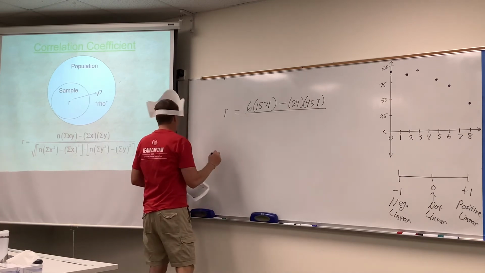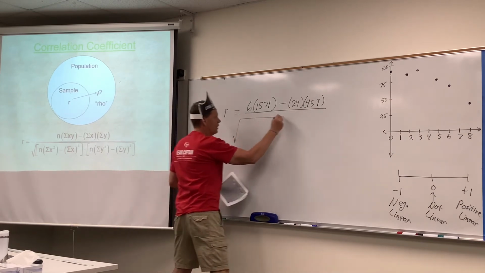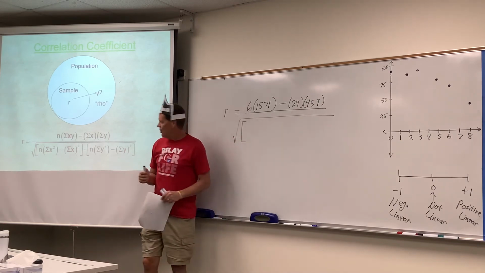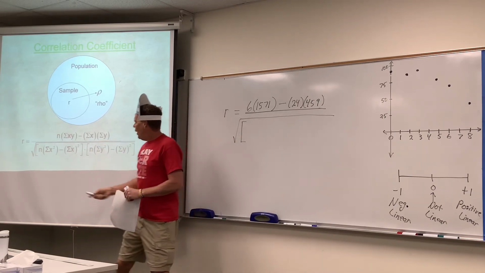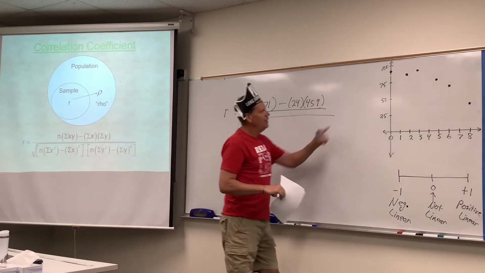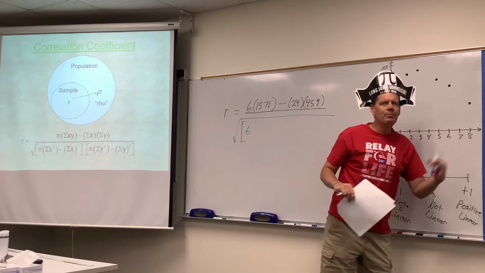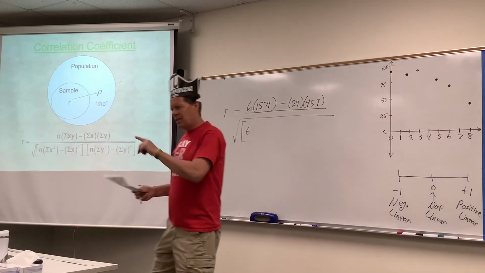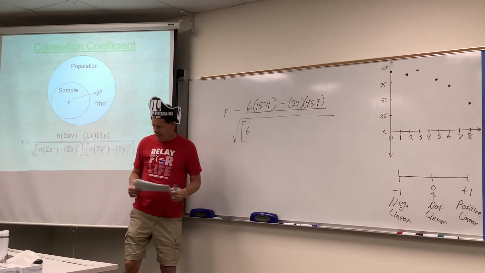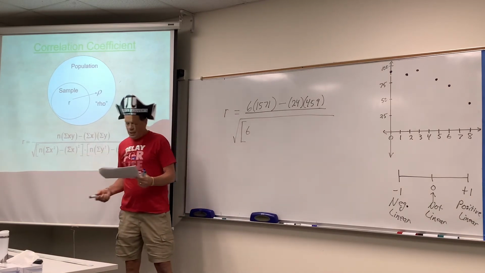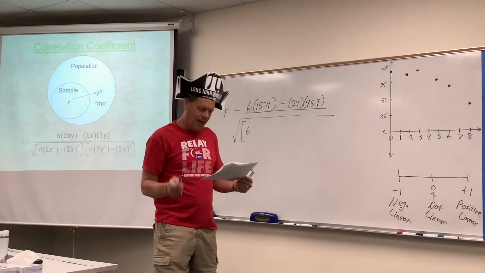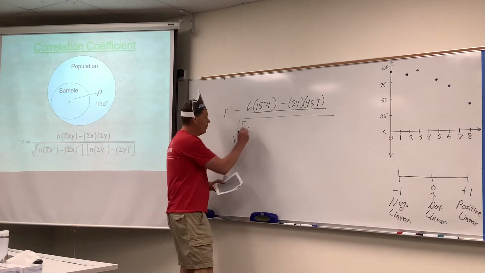And then there's a big old honkin' square root on the bottom here. And under that radical, there's 2 brackets, which I hope you're able to see here. All right, in the first bracket, we have n again, which is the fact we had 6. Look at how many points you had, right? That's how many observations there were. There were 6 lines in the table. There were 6 students for whom we had data. Sum of x squared, what's that? What color is that? Red, right, the x squared column was in red, 138,